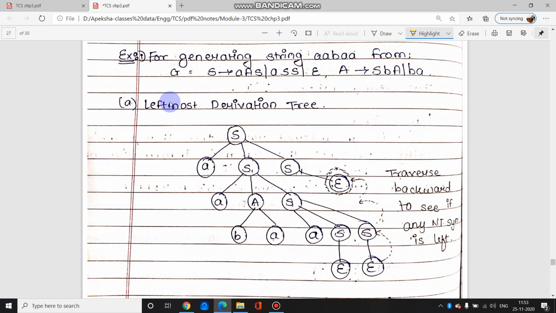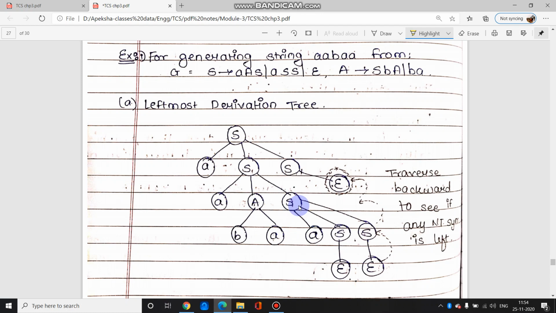Now since this is the leftmost derivation, तो ये terminal तो आ गया. अब ये दोनों बचे हैं, तो इन दोनों में से this is the left, this is the right. Because you are going for leftmost derivation, we'll select this S. Now we also have S gives A, S. So S gives A and S. Again ये terminal आ गया, ये दोनों बचा है. So this is the leftmost tree. So we have S, B and A. Sorry, A gives S, B and A. But that is not what we are taking. We'll be taking A gives B, A. So A is giving B and A.